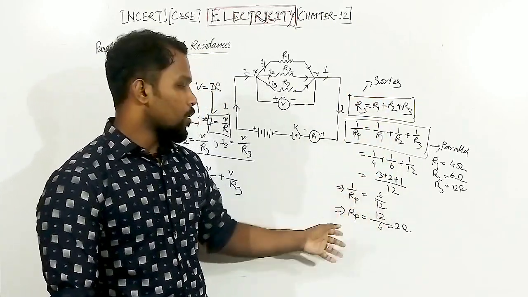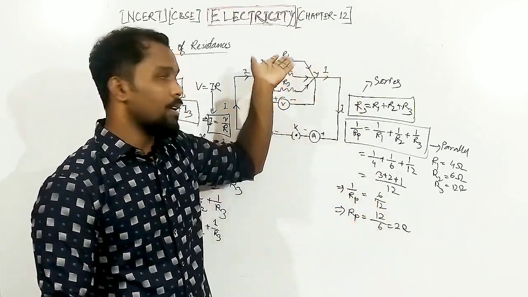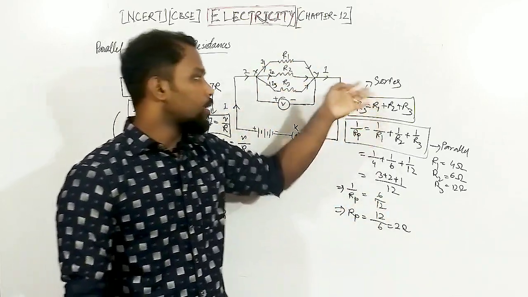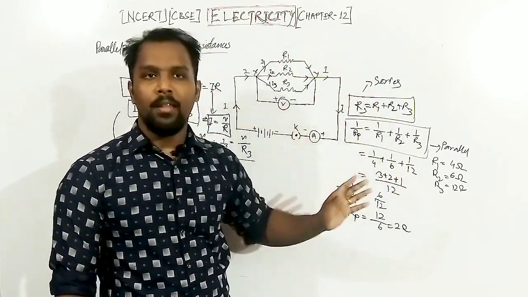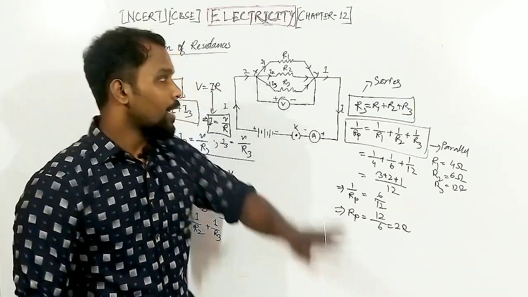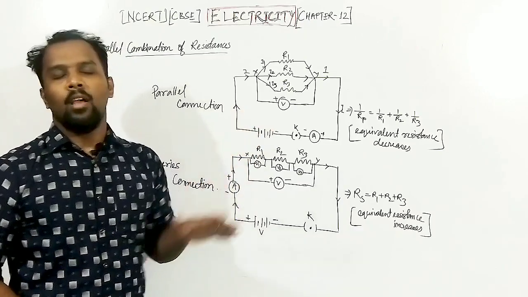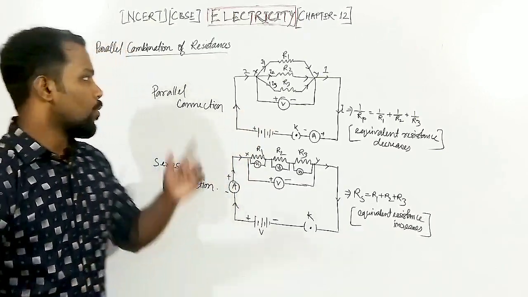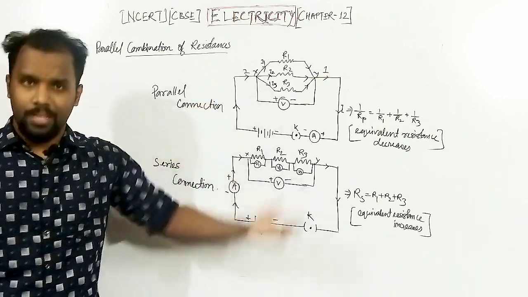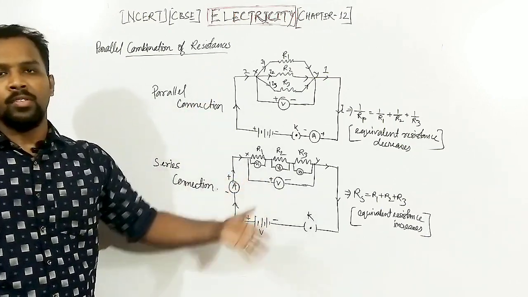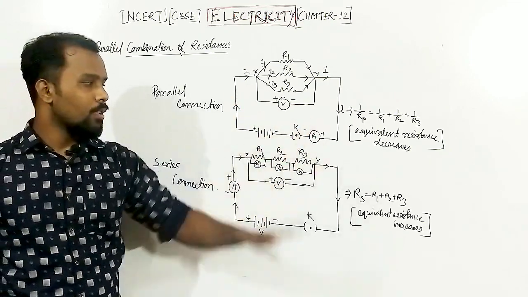In case of parallel connection, the equivalent resistance is going to decrease below the resistances that are connected in parallel, and in case of the series connection, the equivalent resistance is going to increase above the three resistances that are connected in series. So that is the main concept about the parallel combination and the series combination. Till now we have discussed two types of combination, parallel and series, where the three resistances are connected differently. So we have actually understood the concept of the